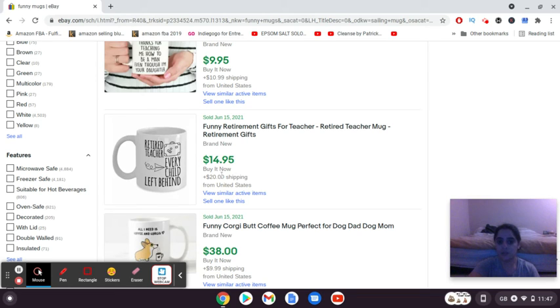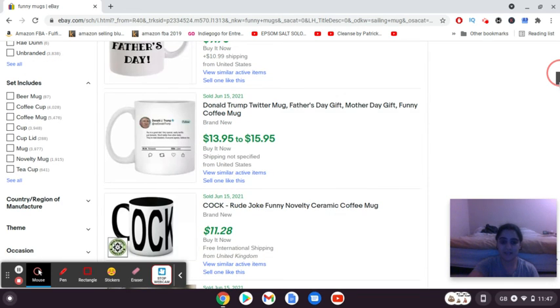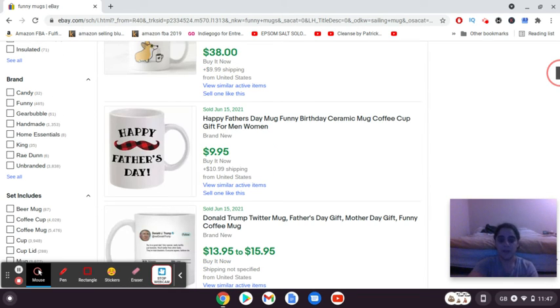So we could do a similar thing to this. Even this one has sold for $38. Literally, we can create something very, very similar, and it's for free. We're not paying anything to do these designs, and we're not paying anything to register or sign up to the print on demand website. We are designing our products on the eBay marketplace.